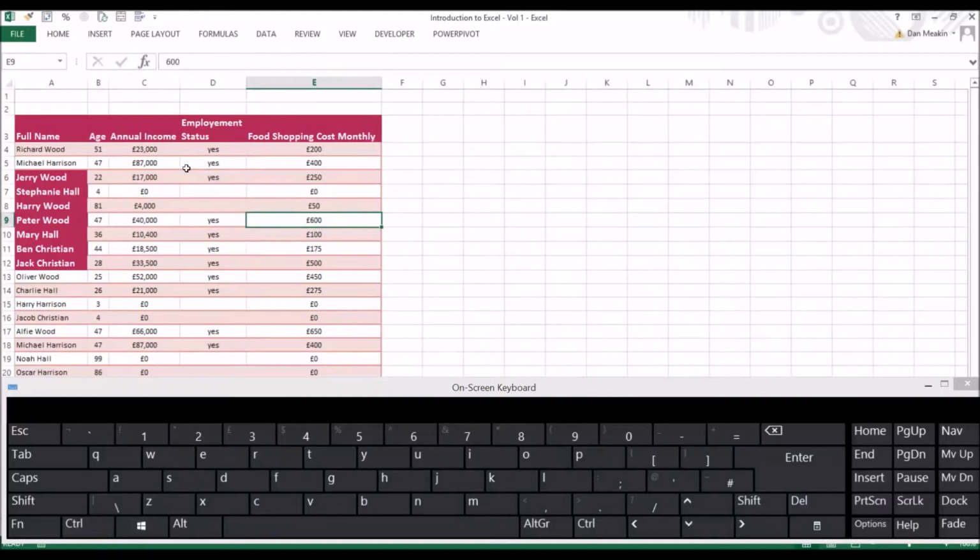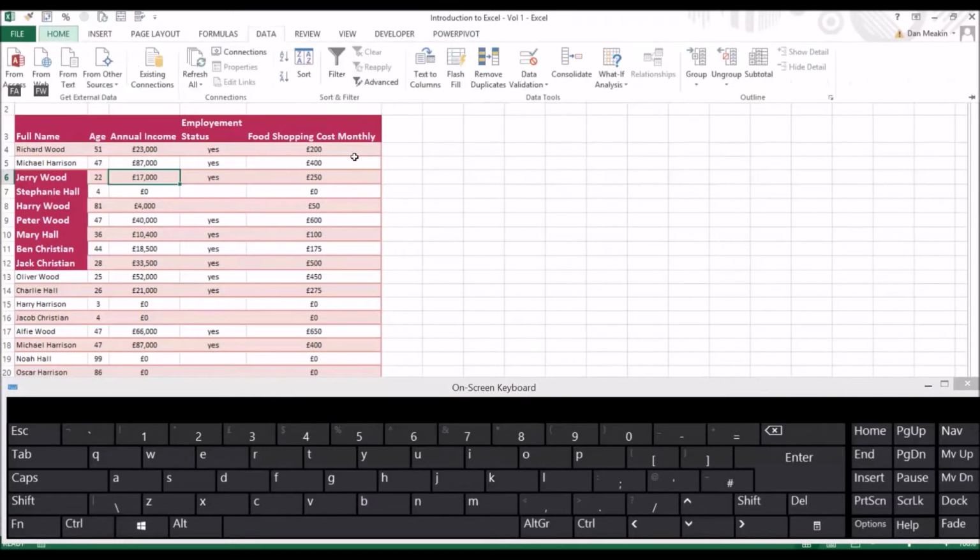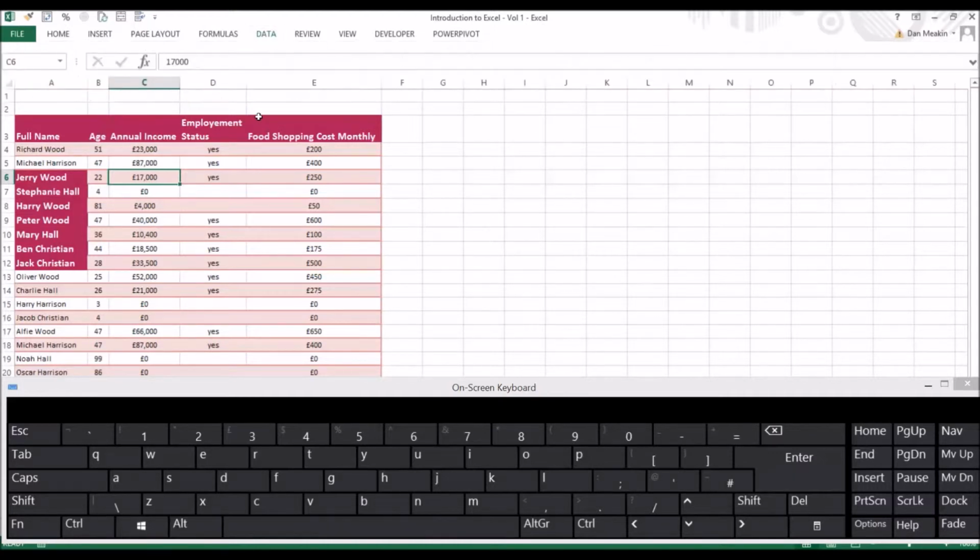Finally, the final one is very dynamic. You might have noticed when I pressed Alt there, other letters came up: F, H, N, P. These letters now assign dynamic shortcuts to any of these areas. So if I press Alt A, it takes me to Data, and then there are more letters that come up that signify functions. So one that I use very often is Alt N for Insert,